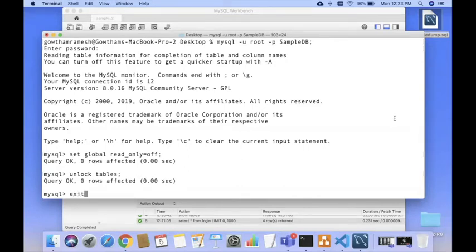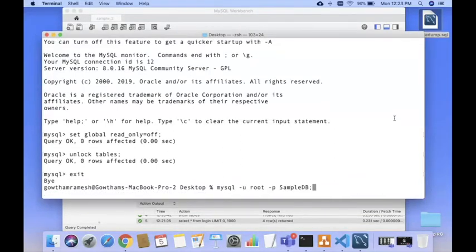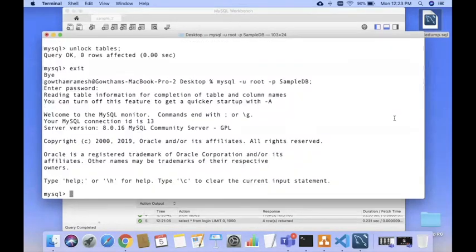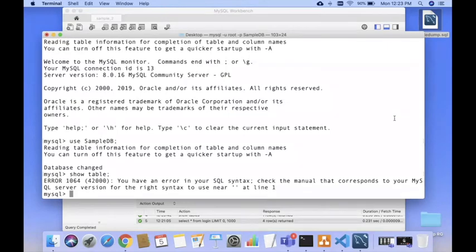Okay, I'm going to exit from the database. Okay, no, before that, I'm going to go back to the same database. I'm going to drop the database, or drop the tables inside the database. Use sample DB and show tables.